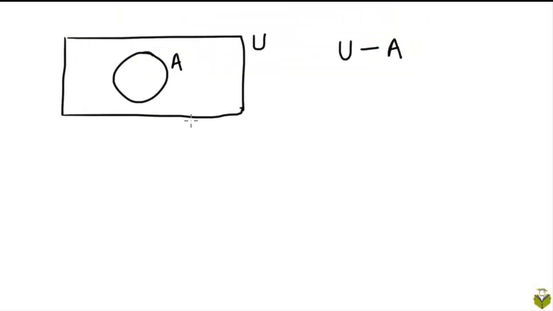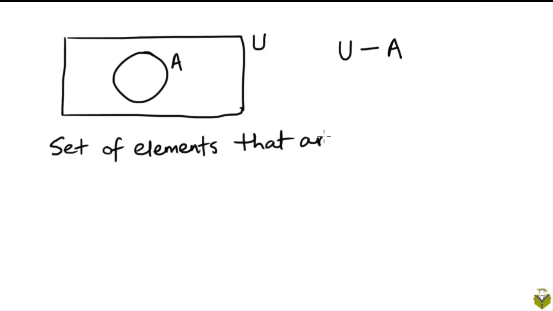So let's look at this simple Venn diagram where we have a universal set U and some set A inside. Now if we were to talk about the set of elements that are not in A, that set would be given by this difference U minus A. So this would be the set of elements outside of the circle corresponding to A but within the rectangle corresponding